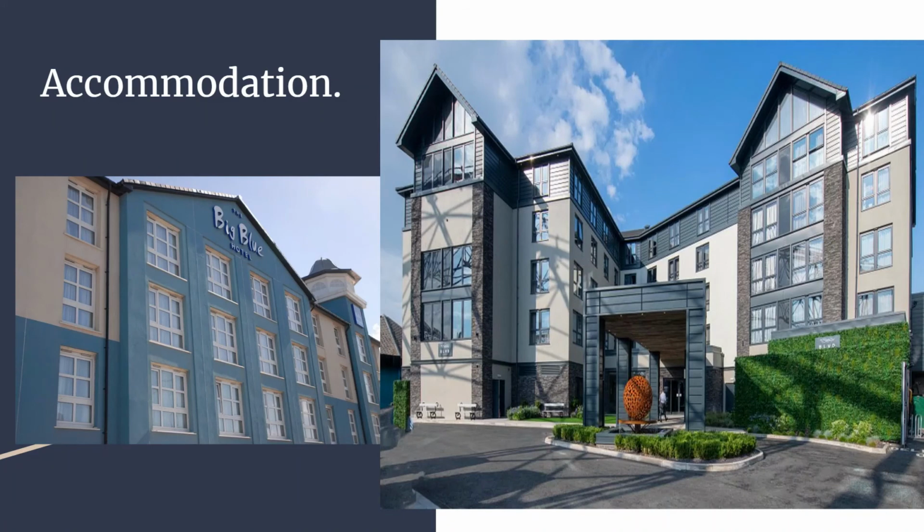For the accommodation, there's 2 different hotels that are on site, but there are also some pretty cheap and also some pretty luxurious hotels that are around Blackpool and on the outskirts of it. I've been to quite a few different hotels, including the sort of village hotel that is there and things, which is very nice. But the Big Blue is the first hotel that was built on the site, and this is just your generic hotel. It's got rooms for just adults, where it's got a double bed or twin beds, and